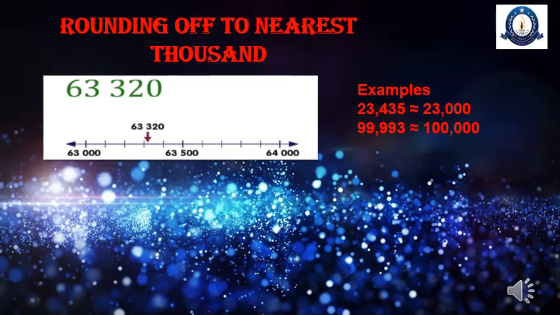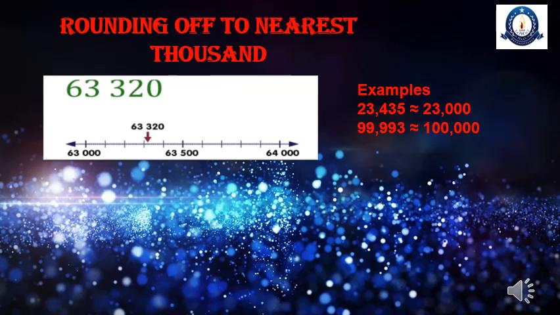Now the other way is, look at the number. Which number is on the thousands place? 3. Next number is 3. For next you have to move forward. Does 3 belong to the same family or up family? Same family. So this 3 will remain the same, and in place of the last 3 digits we are adding 3 zeros. When we are rounding off to the nearest 10, we are adding just 1 zero in place of the last digit. When we are rounding off to the nearest 100, we are adding 2 zeros. When we are rounding off to the nearest 1000, we are adding 3 zeros. So what will be the answer? 63,000. Look at the other example.